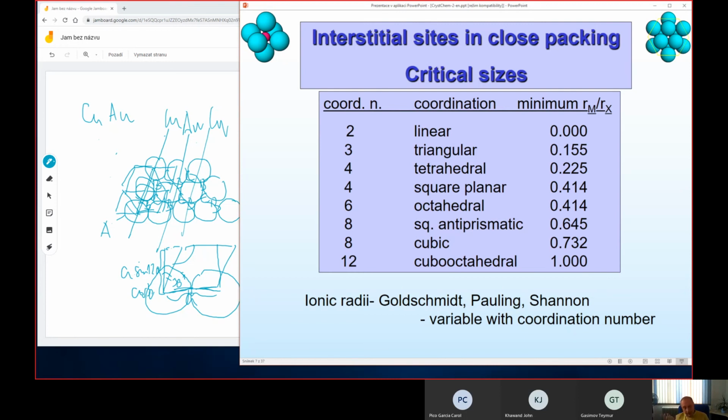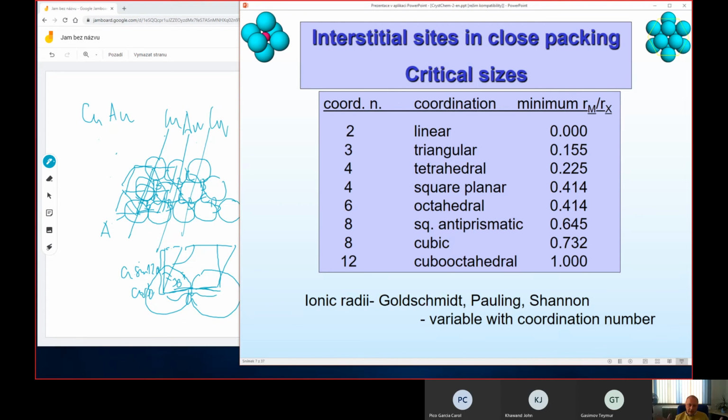The first one was published by the founder of crystal chemistry, Goldschmidt. Then it was slightly improved and extended by Linus Pauling, and the recent list of ionic radii has been published by Shannon and Prewitt,